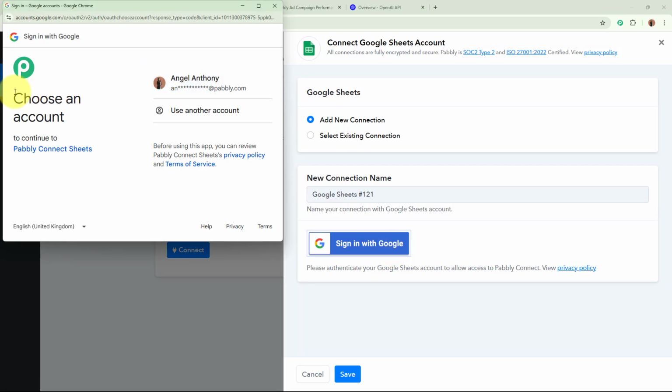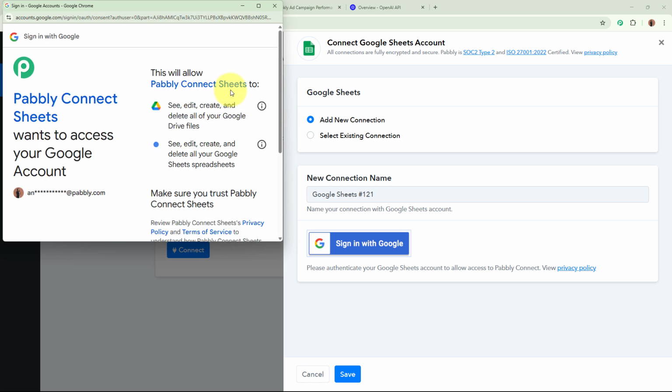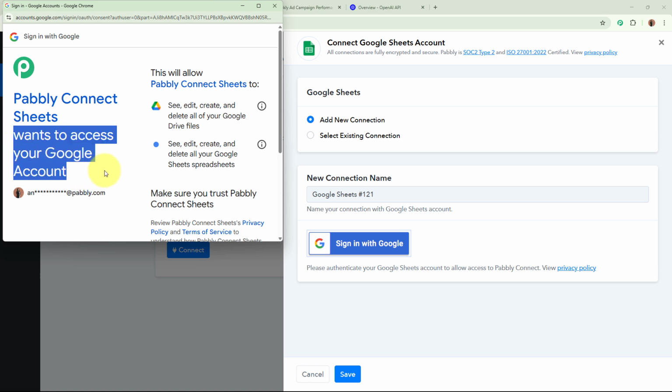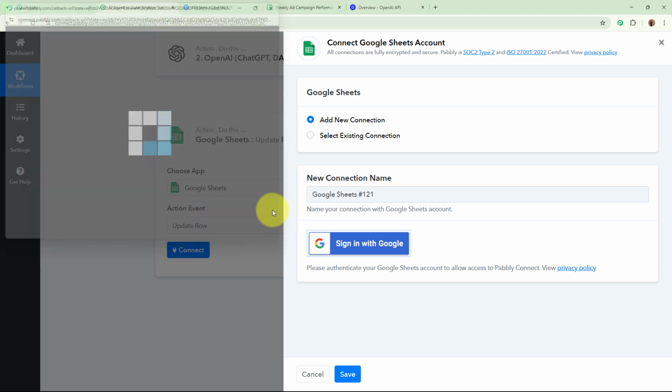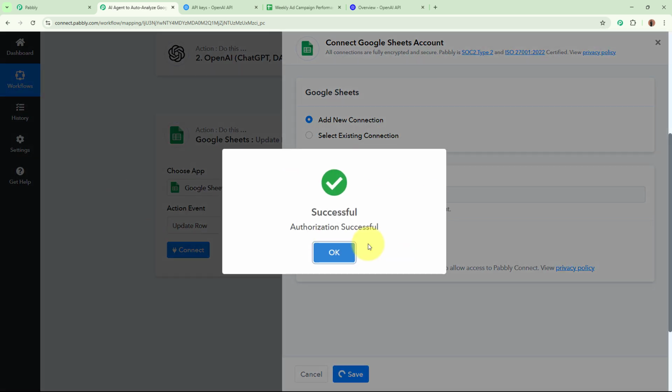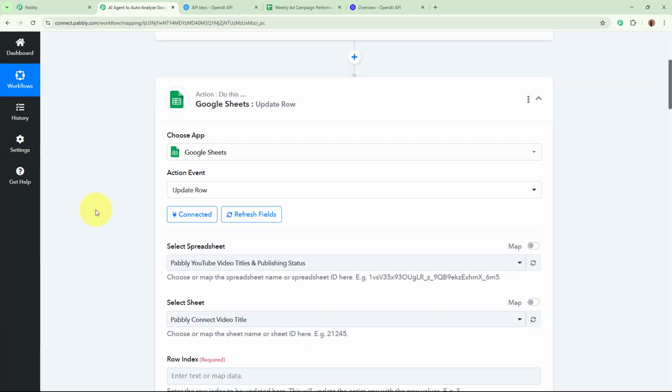It is asking for us to choose an account. We have to select the account in which we have created the spreadsheet. So I'm going to select this account from here. After selecting the account, it is asking for the access for this account. For that, I'm going to click on this allow button, as this is a safe process and my data is perfectly safe with Pabbly Connect. So I'm going to click on this allow button, and you can see that Google Sheets is connected to Pabbly